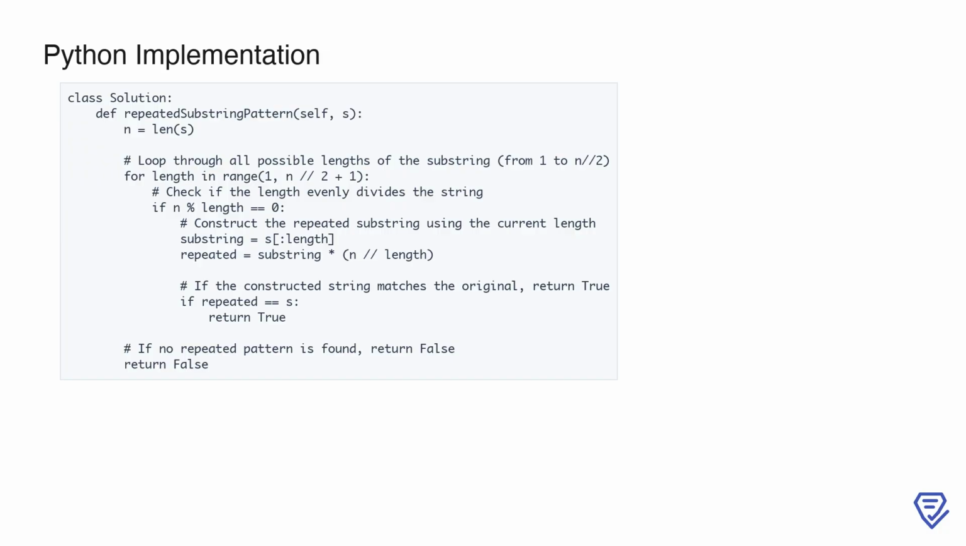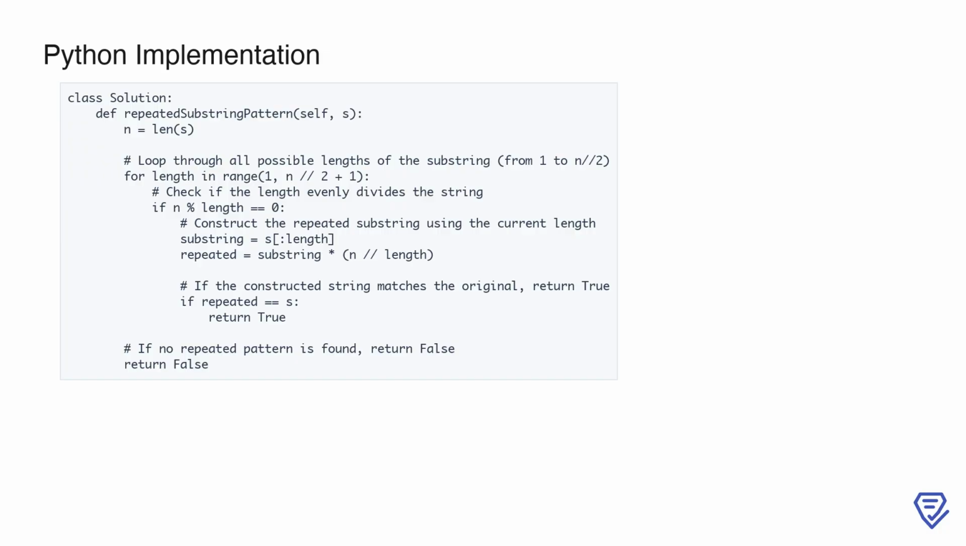This code solves LeetCode problem 459, repeated substring pattern. The goal is to determine whether the string S can be formed by repeating one of its substrings multiple times. We begin by calculating the length of the string S and iterating through all possible lengths for a potential substring, from 1 to n/2. This range is chosen because any substring longer than half the string cannot repeat to form